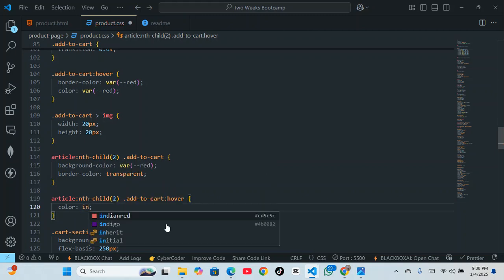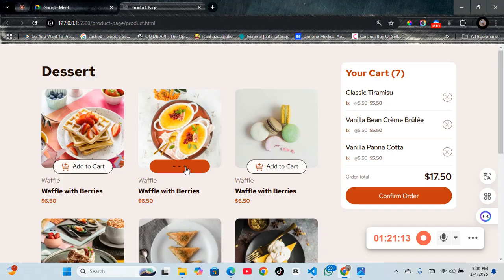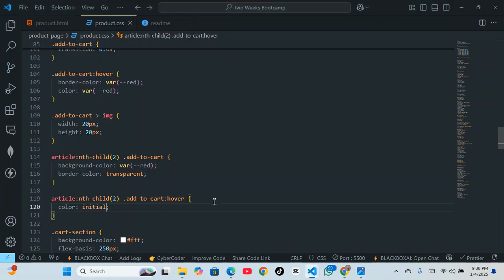Let's do initial. So it's going to default to the initial color. See that now? To the initial color. So let's go back to this. I'm going to select this now. So I'll select